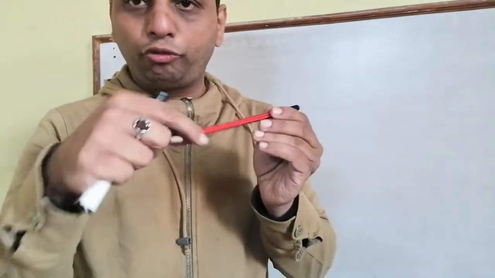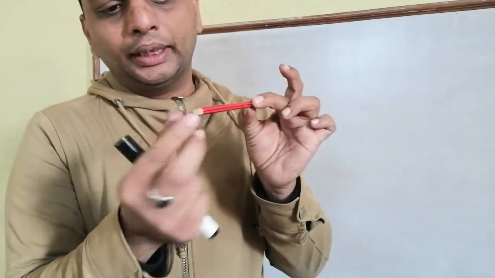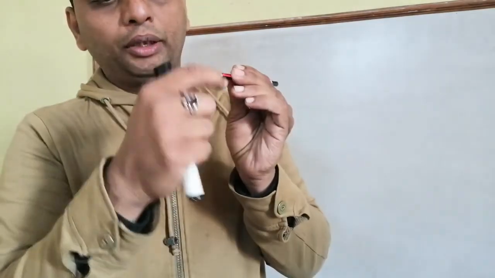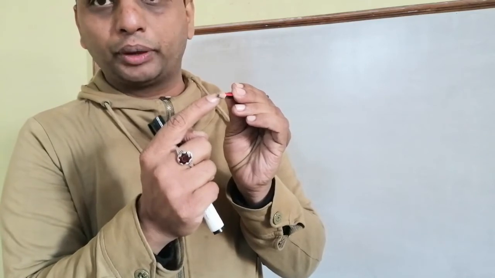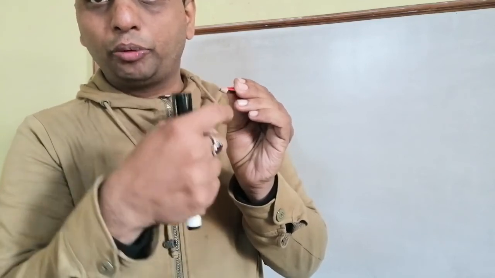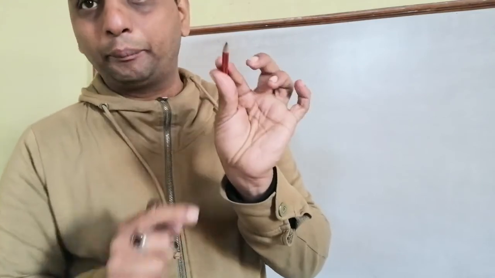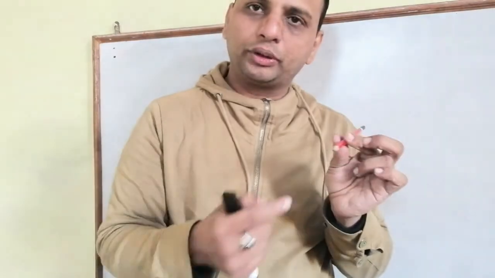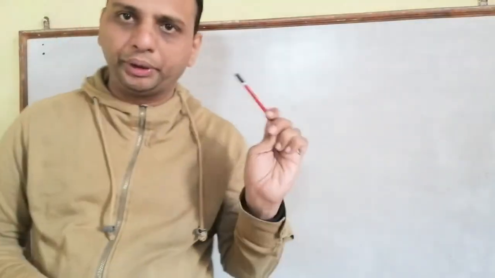So we will find the outer volume of the pencil, the complete pencil. Then we will find the volume of the graphite. Graphite is the black part. Then from the pencil we subtract the graphite, so we will get the volume of the wood. I hope you understood. From the full pencil we find the volume, then we find the volume of the black part, the graphite. From the volume of the pencil, if we subtract the volume of graphite, we will get the volume of the wood of the pencil. I hope you understood.